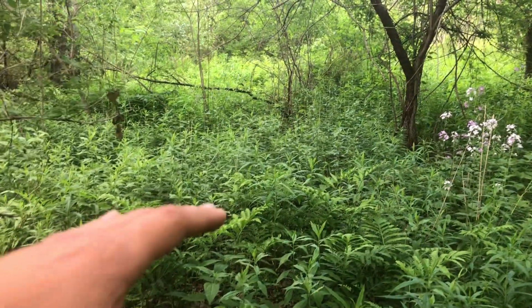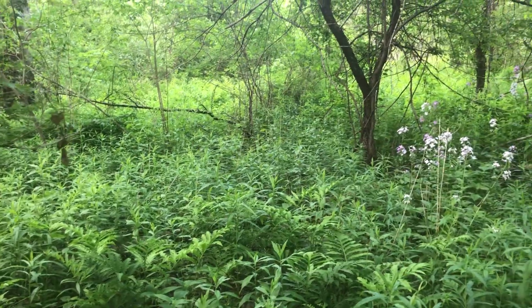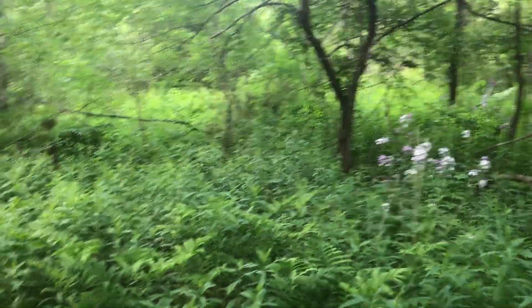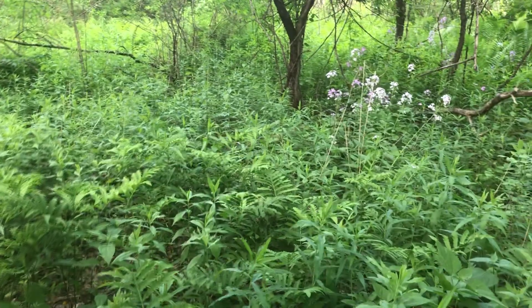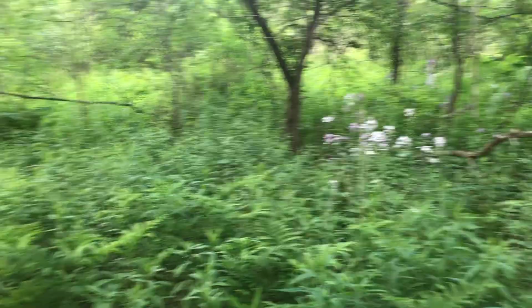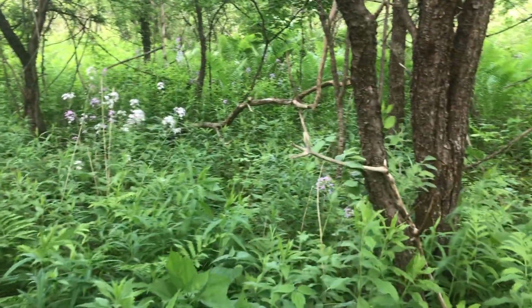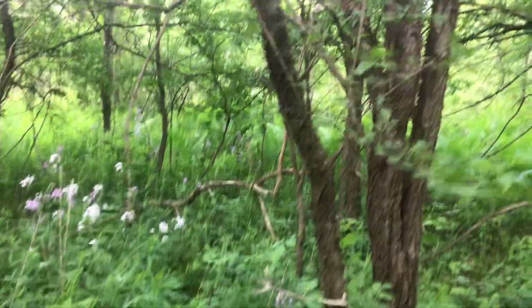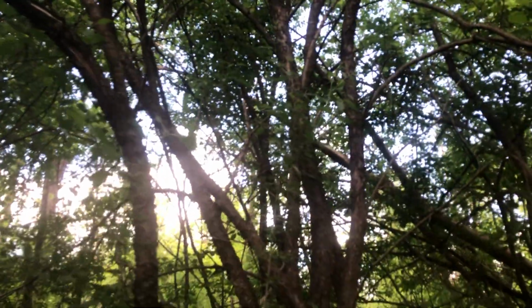Now that everything's grown up, it's a little bit harder for me to walk through here. I'll probably come through with the scythe and make a nice little path. But for right now, I'm just gonna bushwhack and show you all the trees, and we'll count how many abandoned apple trees there are. Excuse me. So we have one right here, and